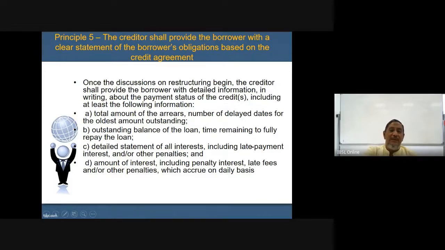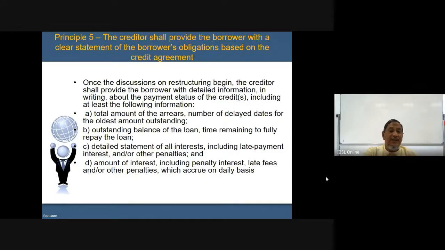Outstanding balance, how many loan installments are delayed, how many days are delayed, what is the interest due, what is the penal interest charge, what are other commissions and charges by the bank for defaulting the facility. All the information has to be provided